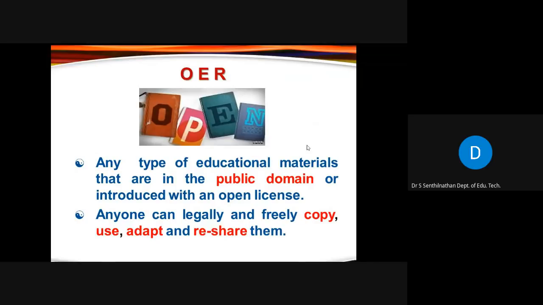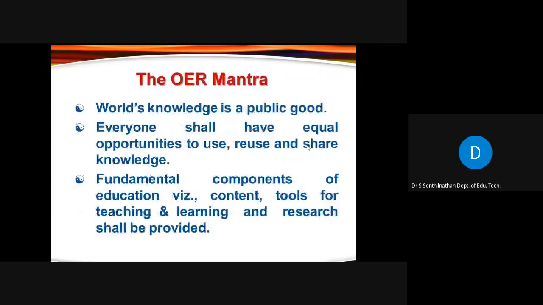It is not simply bypassing through some network, getting into some website and downloading contents illegally. It's not that. Legally, everyone is permitted to download the content, use it, share it, modify it, remix the content, right? Anything is possible. This is the most important aspect of OER.